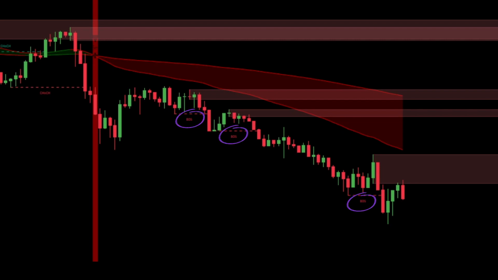Then, wait for a bearish break of structure or a red BOS signal to occur. Wait for the price candlesticks to retest the bearish order block area. Once the price candlesticks have retested the bearish order block area, wait for a rejection in the form of a